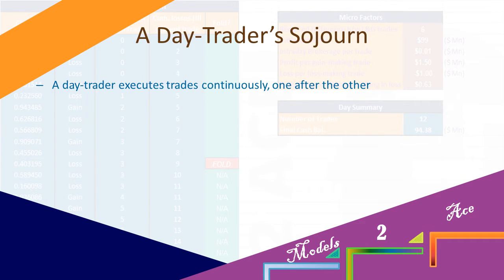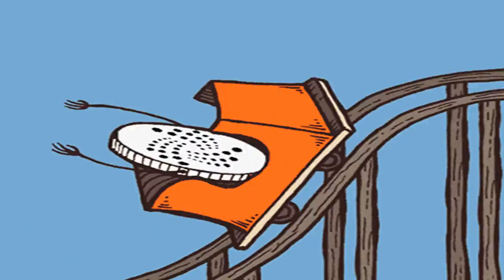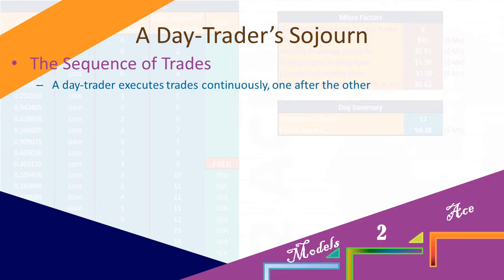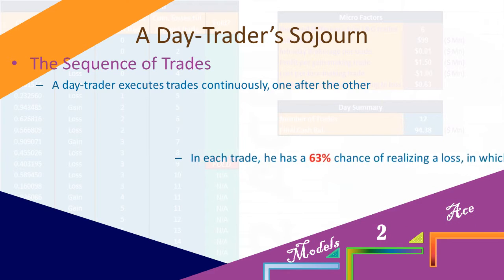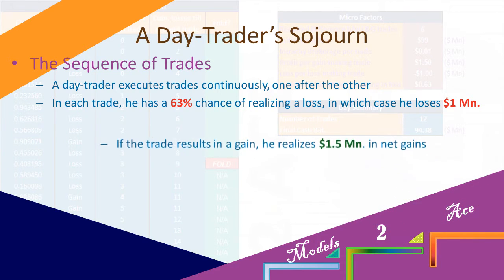He starts the day with an opening cash position of $99 million. If he bets in the wrong direction, he loses $1 million in a trade. On this particular day, his trading strategy comes with a 63% chance of ending in a loss. The chance of him neither losing nor gaining in a trade is negligible and can be assumed to be impossible,